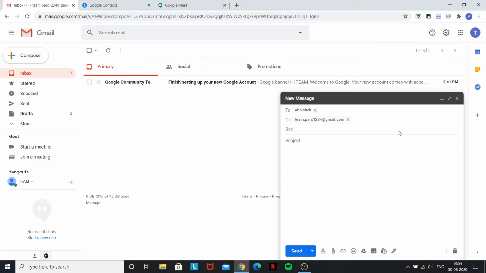So this could be used in terms of maybe an assignment or if there's an interview and you don't want other people to know who else is being interviewed, then you can put them all in the BCC column so that they'll only know who the main recipient was and who received it, but they won't know who else received it, only their own email address. So right now we're going to leave BCC blank and subject will be demo and we'll just make it simple. So hi.